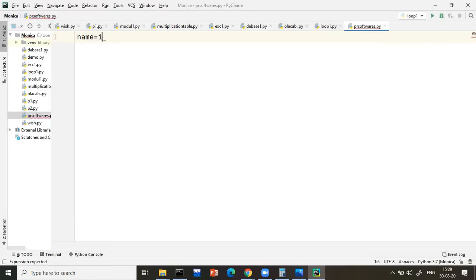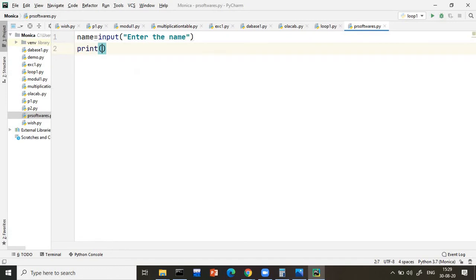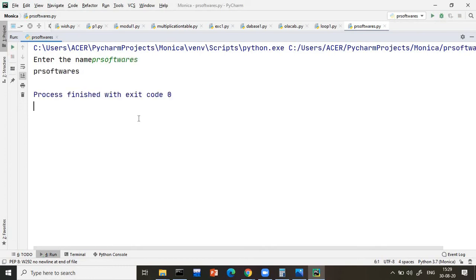If you don't know anything, I'm quickly revising two or three points, and then I will start with the logic. I'm writing "enter the name". As you know, whenever you enter the name, it will be stored in the name variable, and if you want to print it, you print the name. So I print the name on the screen. You can right click and run, it asks to enter the name. I wrote PR software as a name, and this name will be printed on the screen. Like this you can print a name, guys.